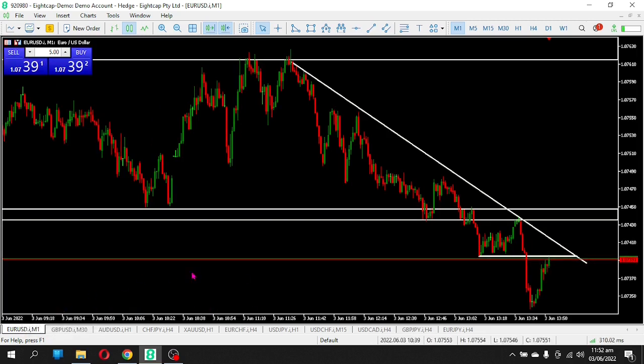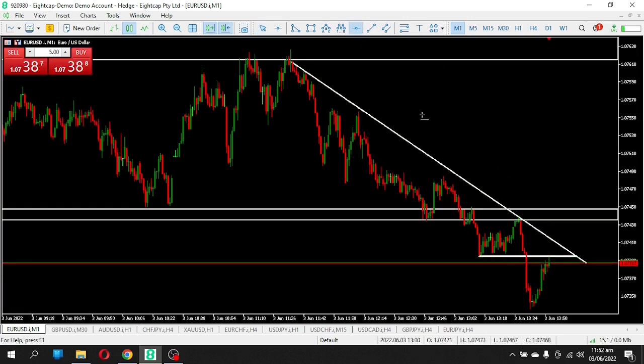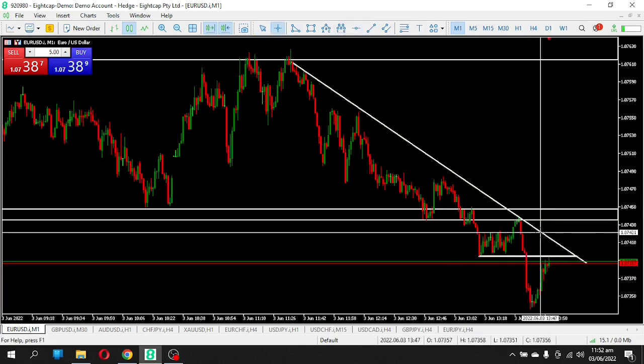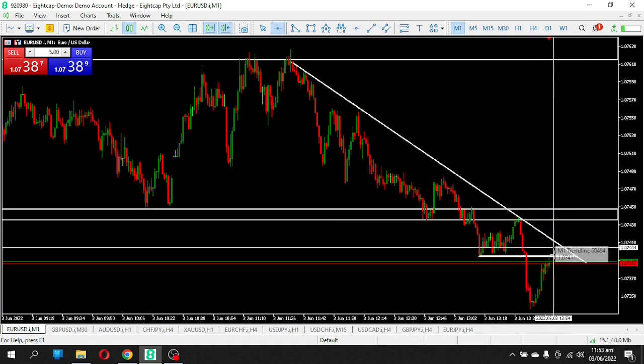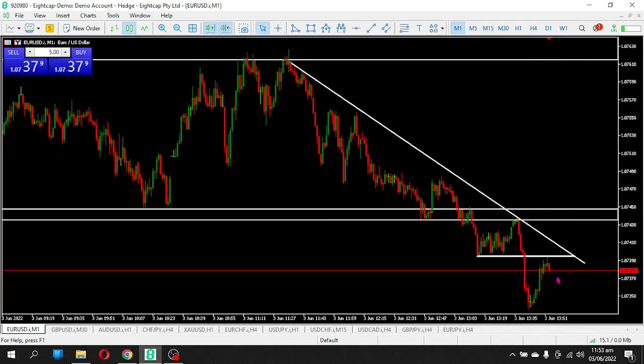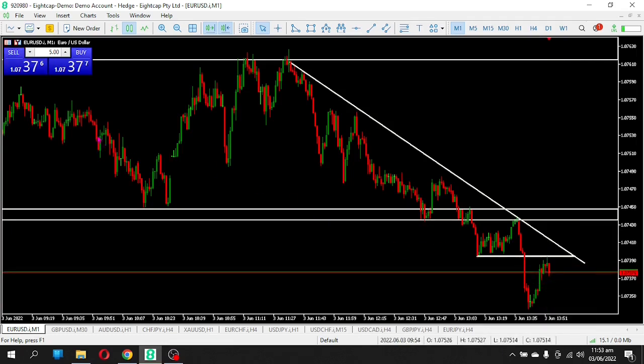Back on the Euro USD on the 1 minute time frame, now price is currently at this broken support, now resistance, but there's a high chance also that price will push to this bearish resistance. But if we get a reversal candlestick like this one that just formed, this pin bar, we'll go for a sell. So I'm about to sell, and I think I'm going to use a 10.0 for this trade,